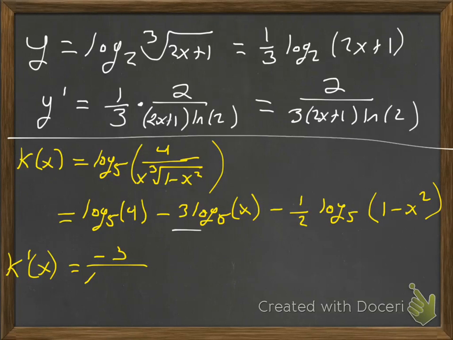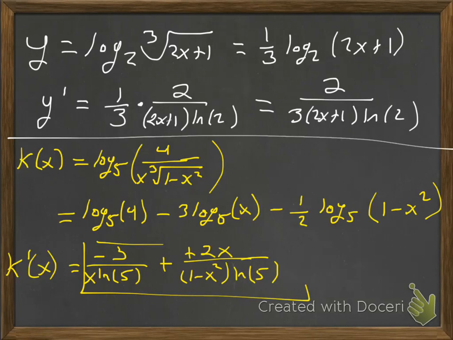Okay, so when we take the derivative, the minus 3 log base 5 of x, the minus 3 is just hanging out. And then it's going to be x and then ln of the base. Minus, and then here's our u, 1 minus x squared, so the derivative of that is going to be minus 2x divided by the u, which is 1 minus x squared times ln of 5. And in the excitement of this, we forgot the 1/2, so there should be a 2 there, and those 2's will go ahead and cancel each other out. Okay? So there we are,